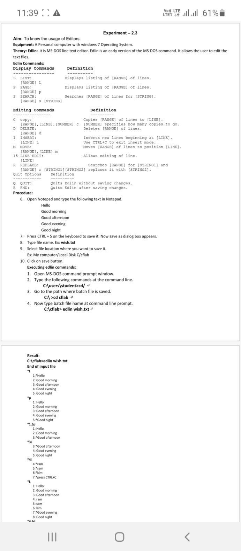After inserting the new lines, to exit from inserting we have to press Ctrl plus C. Next one is move, denoted by M. First we give the range and a comma, then the line number, and then write M. That means it moves a range of lines to a specified position.